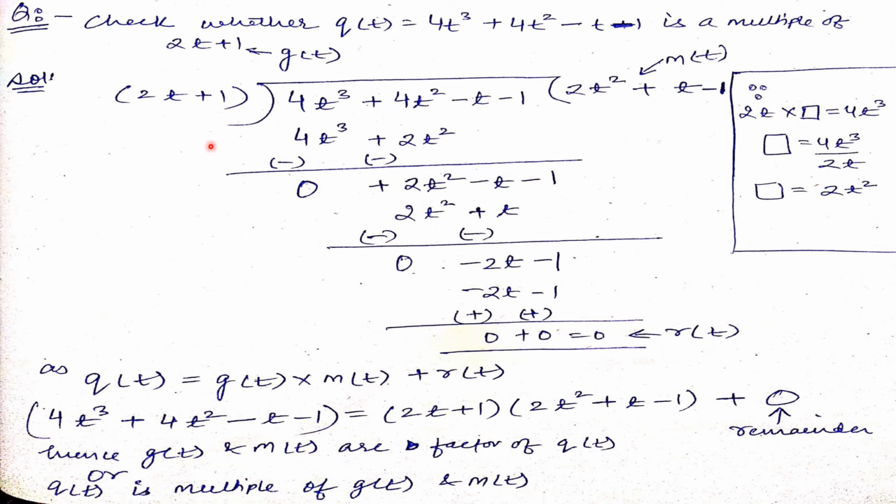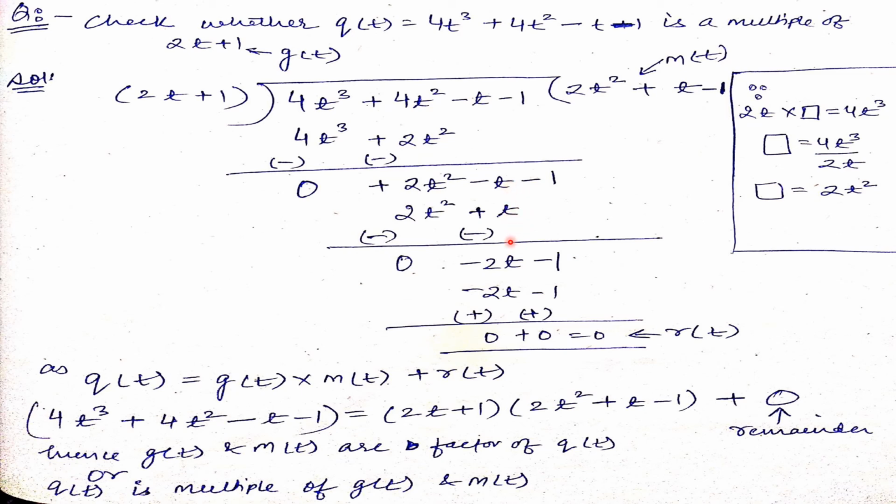This time I want a quotient that if I multiply with 2t, I get 2t square. So again, it is simple. Either you can try with this box method, or if you are habitual of this, you can do it in your mind also. Simple, 2t into t is equal to 2t square. So I have written plus t. So 2t into t is 2t square and 1 into t is plus t. Now again change the signs. As it was positive, it became negative. As it was positive, it also became negative. These two cancel. 0 we have got.